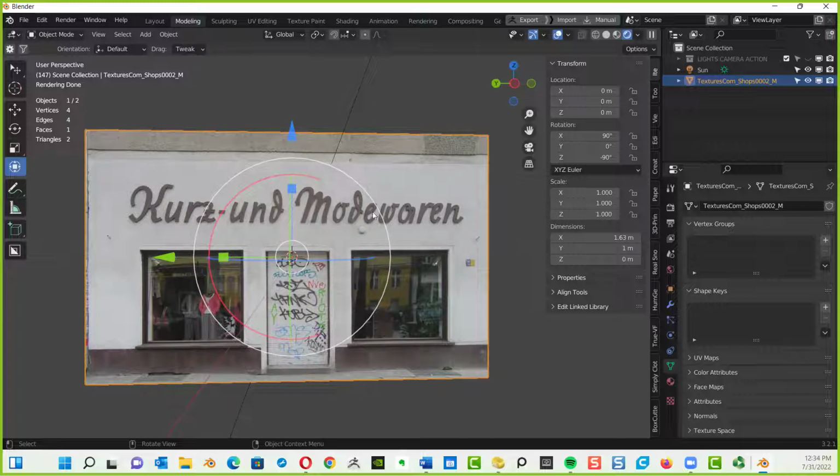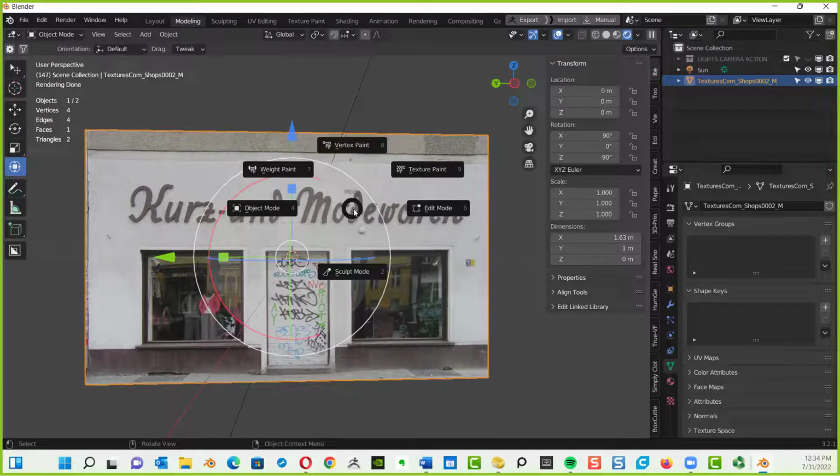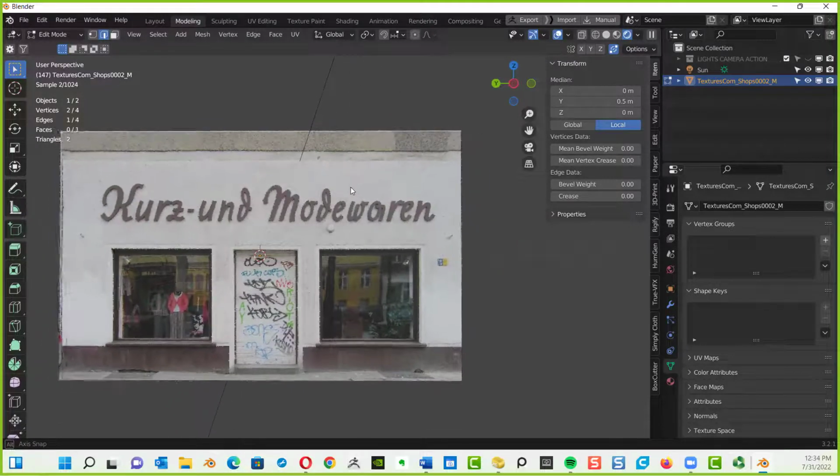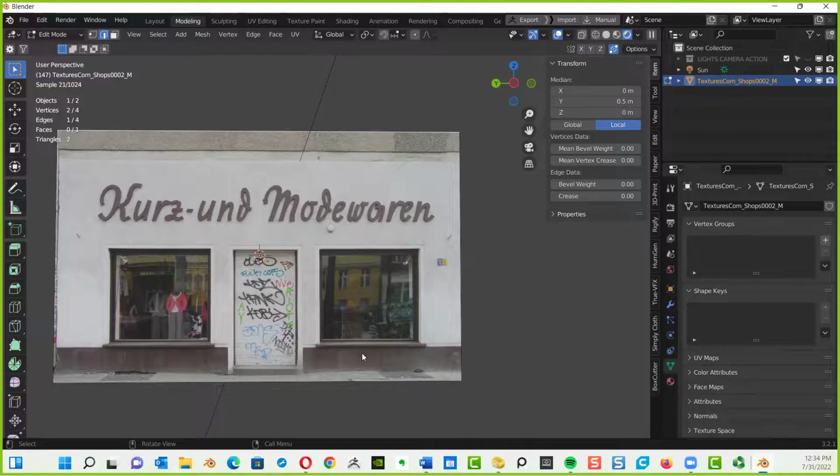Go into edit mode. Excellent. How do I go into edit mode? Tab. Excellent. Tab. And left click edit mode. Now I'm in edit mode, and it highlights my face right up here. It says edge editing selected. We don't need to worry about that. I'm going to turn it off for now by clicking anywhere in this outside area. Now I need to create additional slices to start creating my window. All right, let's do it.